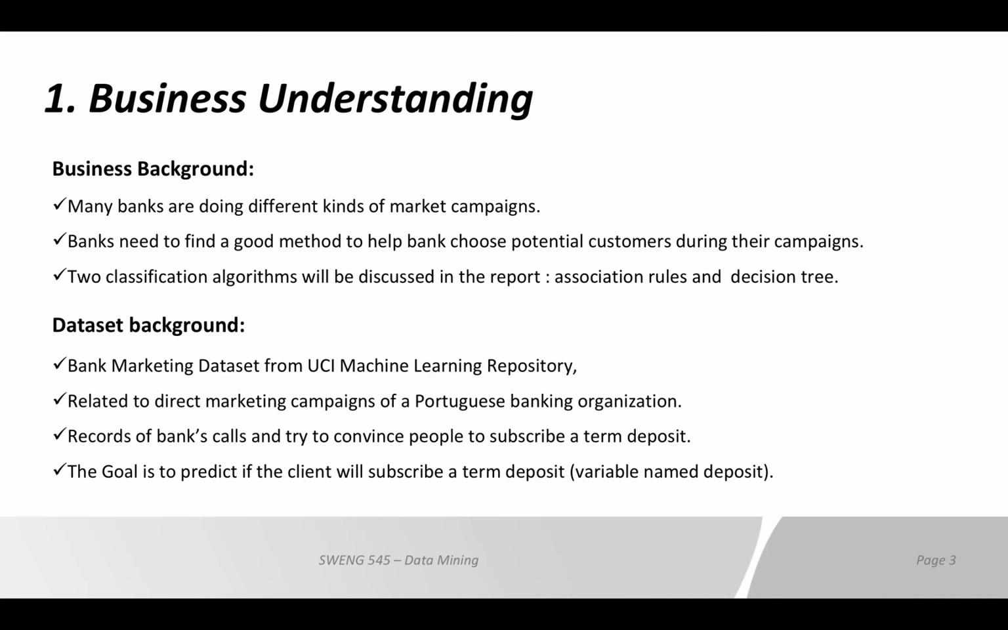First, in the business understanding part, the problem is that many banks are doing different kinds of marketing campaigns, so how to find a good method to help banks choose potential customers is a key question. In this report, we will discuss two classification algorithms, association rules and decision trees, to help banks make more reasonable data-driven decisions. The dataset we are using is the Bank Marketing Dataset from the UCI Machine Learning Repository, which